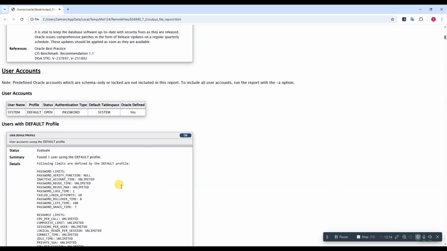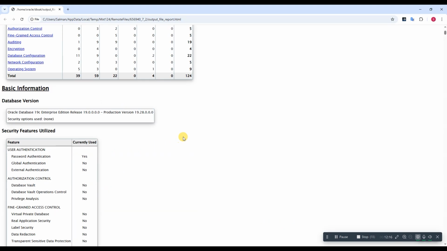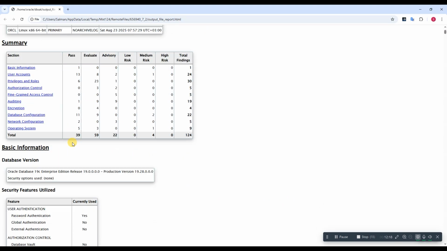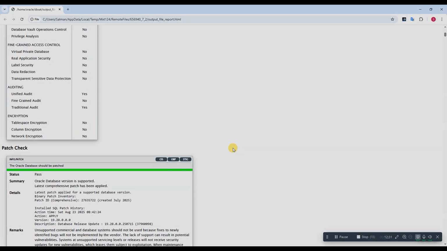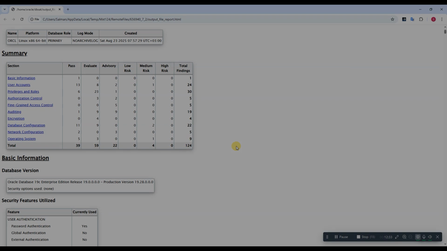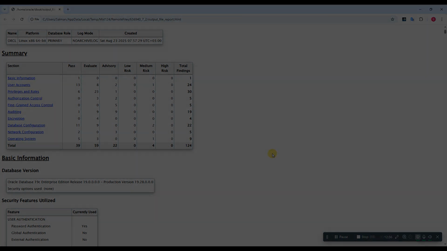So with this, we have this report. In my next labs, I will work on each non-passed point here, and we'll try to solve it together and see how we can secure our database with the most possible configuration. I hope this video was straightforward and easy to understand, and you enjoyed it. And see you in another